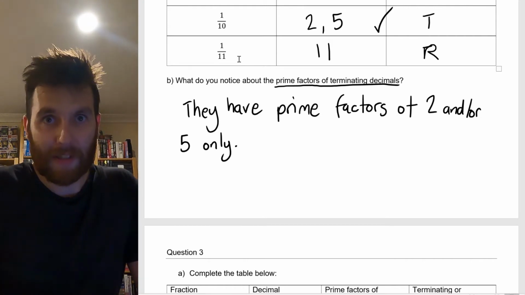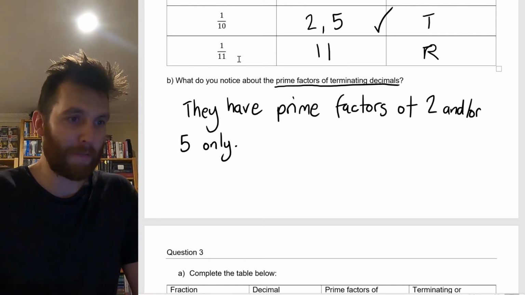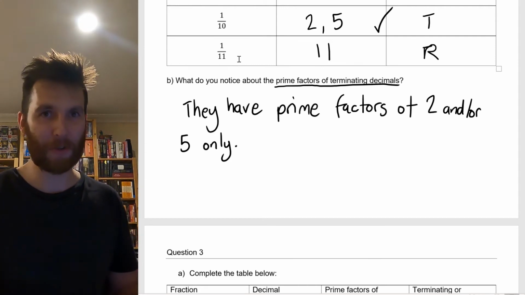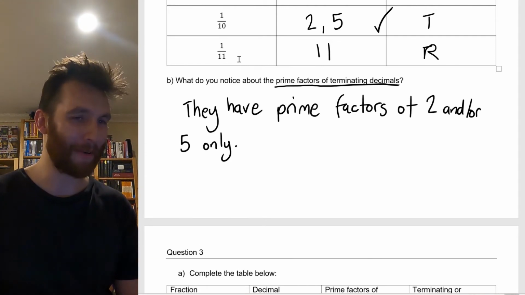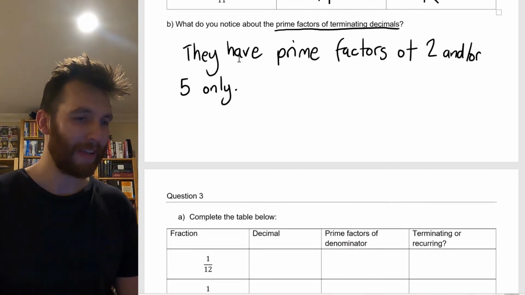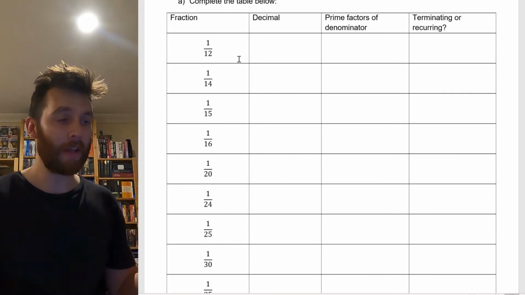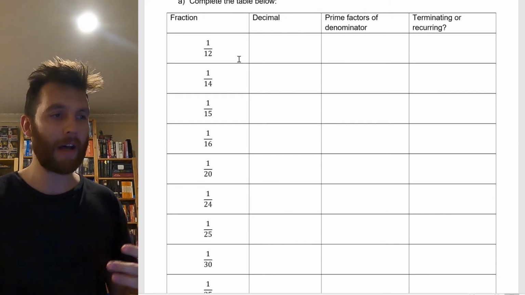Okay, so you can summarize it with an expression like that. They have prime factors of 2 and/or 5 only. My "and/or" is a little dodgy with my tablet that I'm writing on, but I hope you'll forgive me. Okay, so now we're going to do the same thing again, but this is the part that you could then